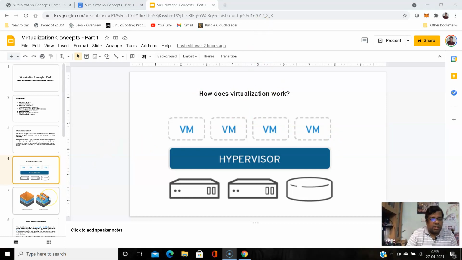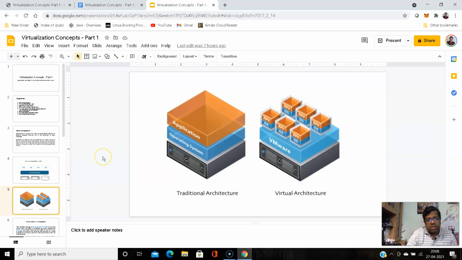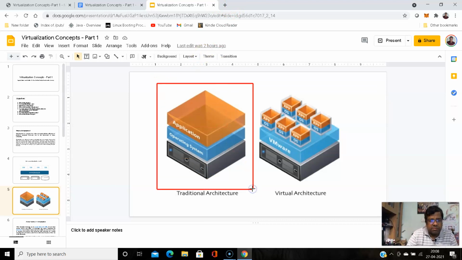Okay, so let's check this diagram. This is a diagram that's mostly released by VMware. It shows a clear picture of what the architecture looks like. This is a traditional architecture without virtualization. There is a physical server, over that an operating system, then application.